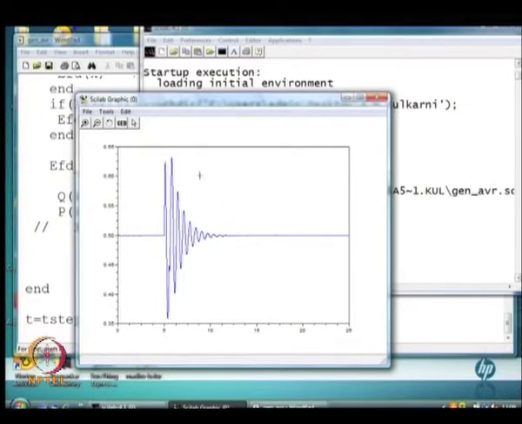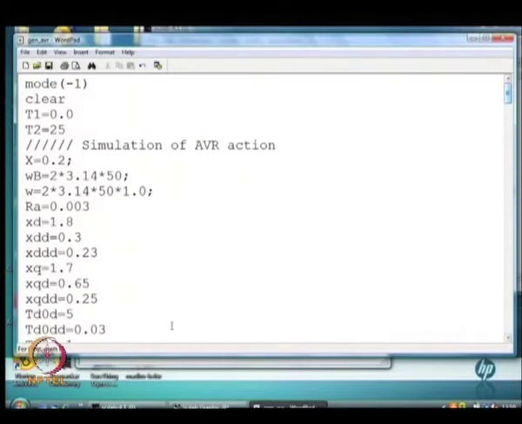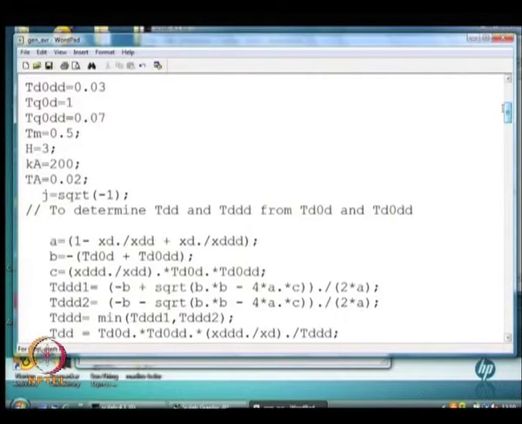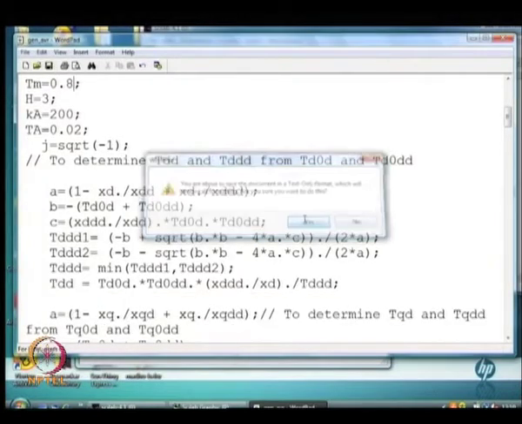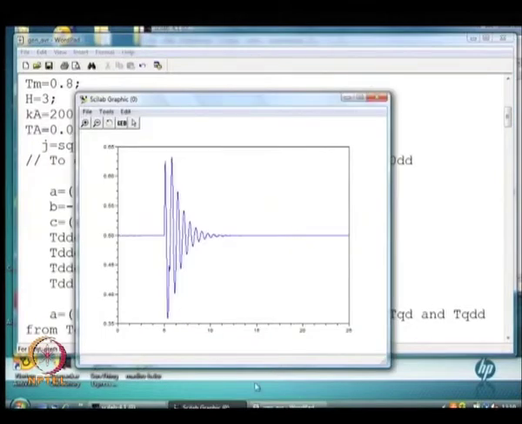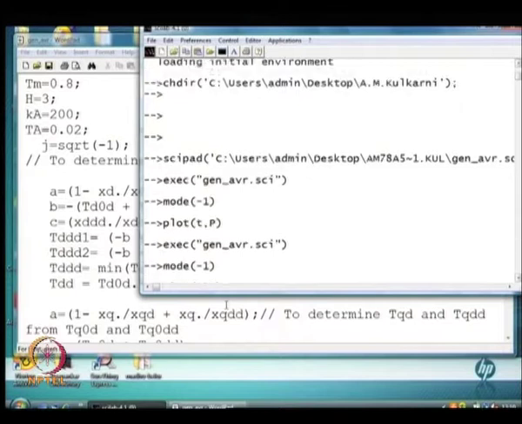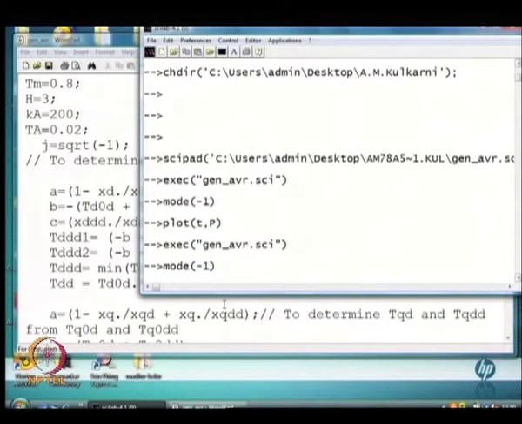Now, if I change the operating condition, a very interesting thing occurs. I change this operating condition from 0.5 to 0.8. So, we will assume that the operating scenario is such that the output of the generator is 0.8 per unit. We are at a different operating point, and we do the simulation from that point onwards. So, I execute this program again, and if you plot,